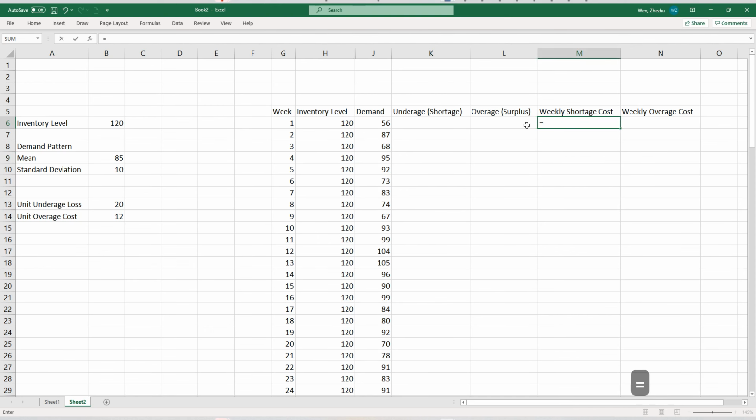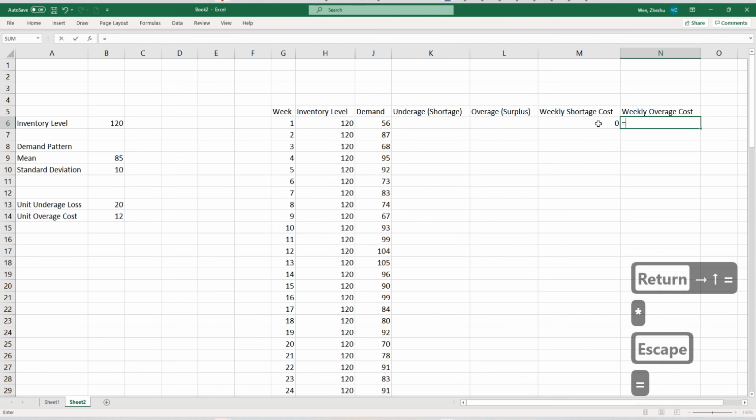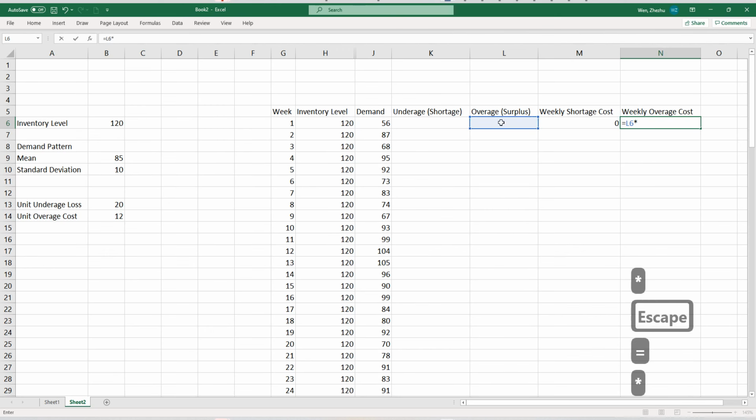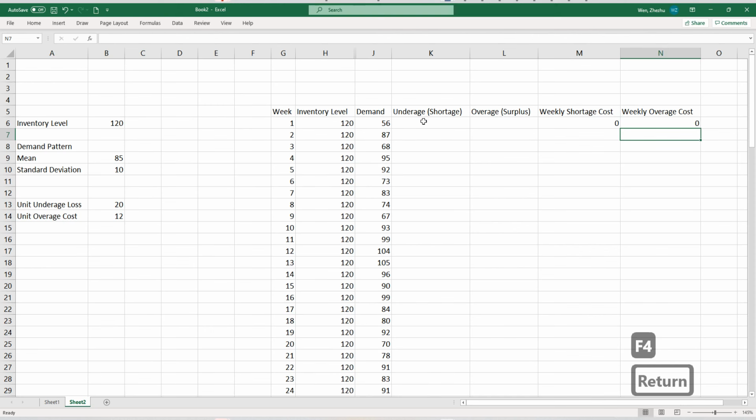So when you have the shortage here, eventually you multiply that with the per unit shortage cost. You likely do F4 to absolute reference it. Next one is overage cost: number of overage multiplied by the per unit overage cost, and then F4. And then here, total number of underage. So it's going to be maximum between